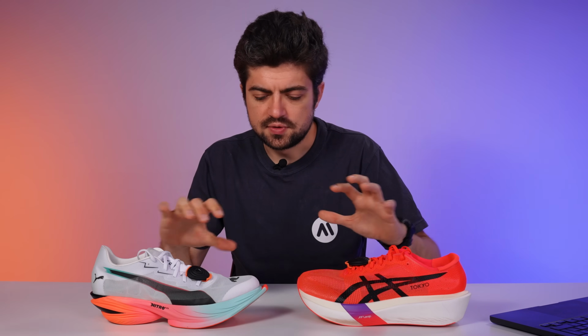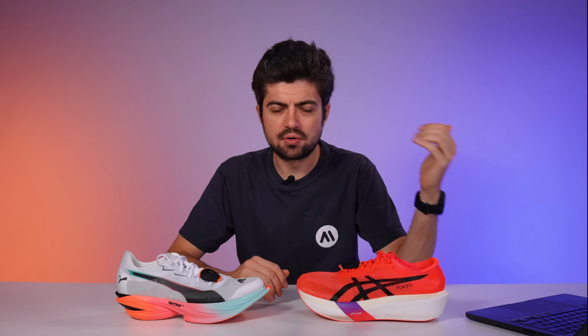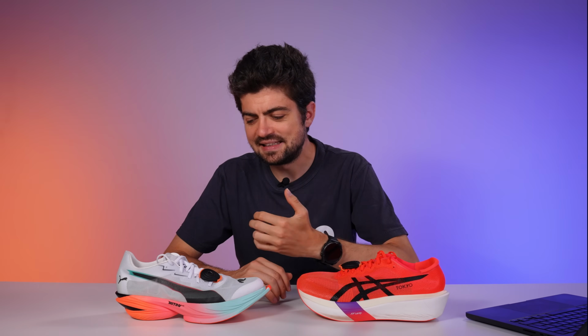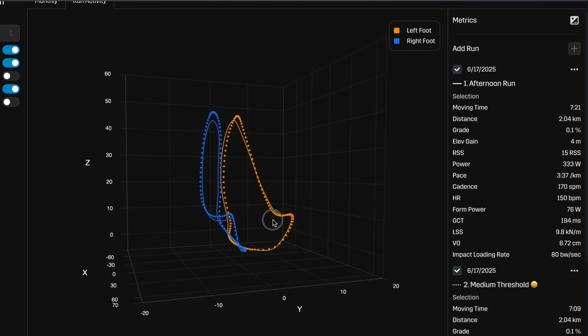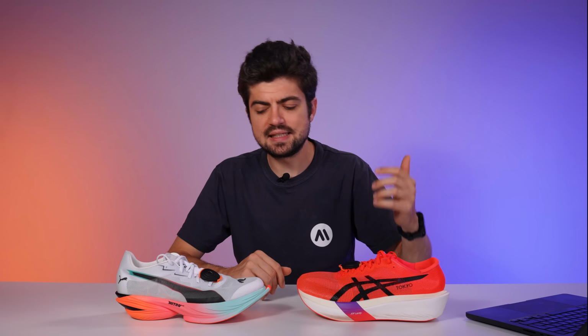I'm not going to go too much into the specs, into the numbers of the two shoes when it comes to the stack, the drop, and so on. There are some other videos on this channel or elsewhere on the internet where you can get these numbers. Here, everything is about the metrics, but also the subjective feelings of putting these shoes on, running in them, and